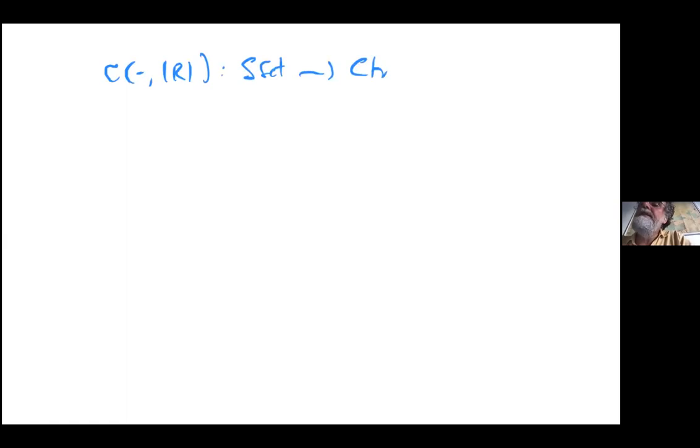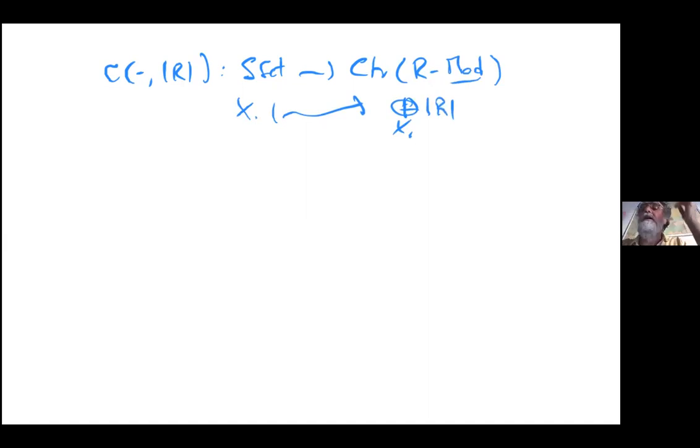Of course, the same diagram we have for chains. Okay, and what is this functor? It's taking a simplicial set to, say, the sum over X_n of R. In some sense, it is the free object on the universal hieratic R module, and